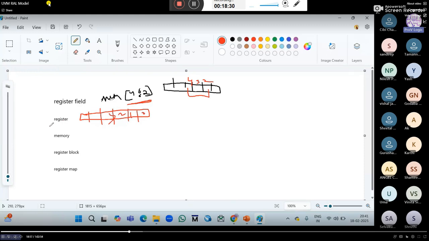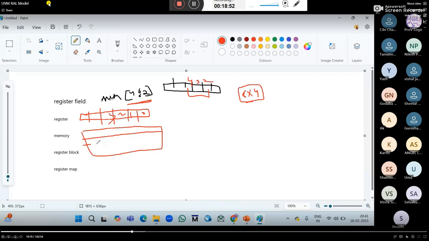So in these 8 locations, how it will be like, suppose you are considering it as 8 into 4. 8 into 4 in the sense it consists of a memory with 4 depth and each 8 locations. Like this, a memory will be represented. So register block means what?